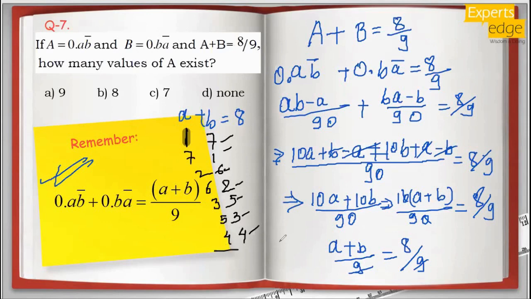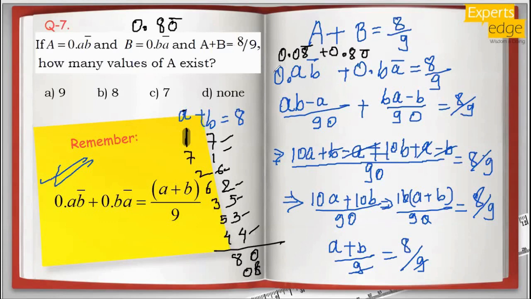Now the trap in this question is whether you will take 80 or 08. Technically many teachers say that you can't take 80 or 08, because that number will be 0.80, right? There is no significance of 0 bar because anything can be written in that sort of way. But if you put it in this expression, it will satisfy for sure. You can just write at home 0.08 bar plus 0.80 bar. If you solve this, you will surely get the answer as 8 by 9.